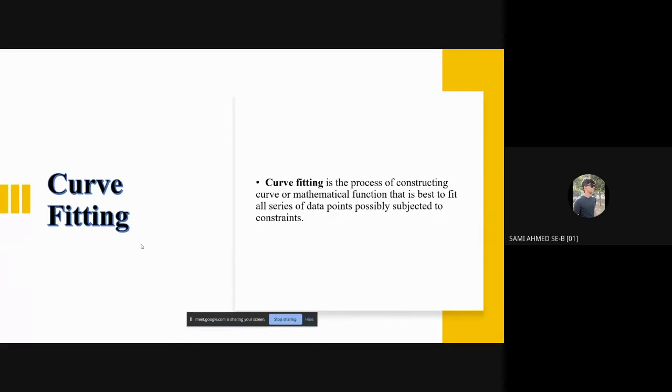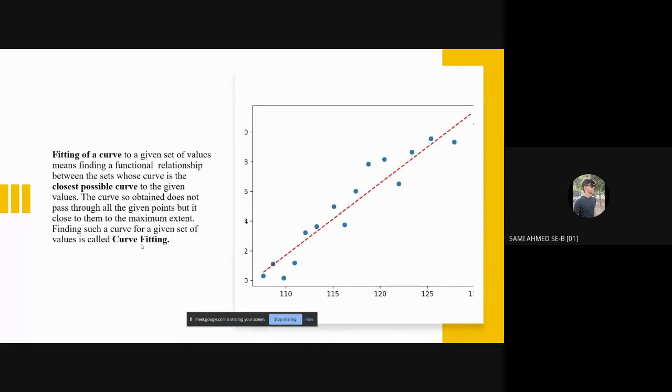Next slide, please. So now, as you can see in this graph, a line extends from the origin till its limit, and it has several points. These points, if we join them together, will form a curve, and we can find the fitting of the curve, and we'll see this in the further presentation. Next slide.